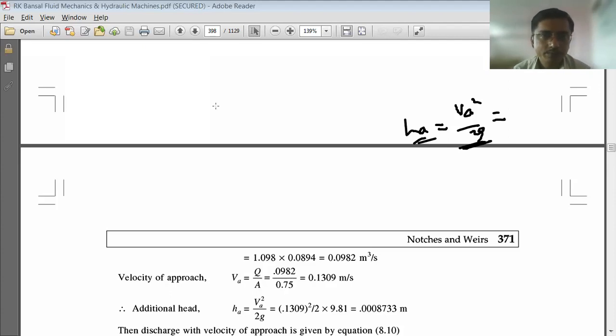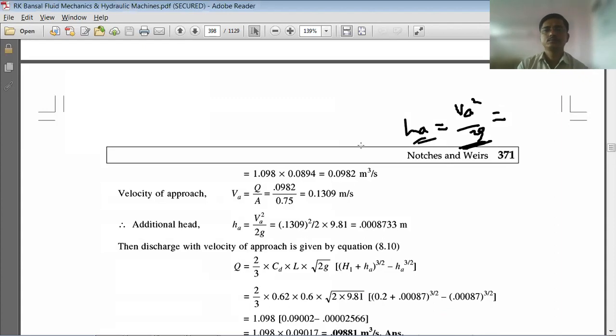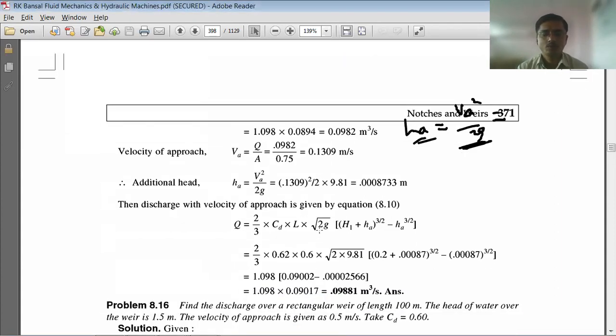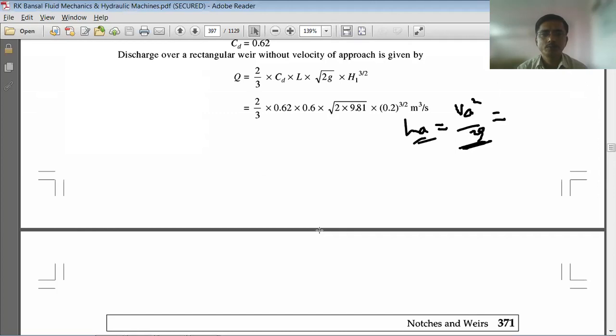Yes, by considering velocity of approach, what is the discharge? Okay, Rutuja has got the discharge as 0.0988 meter cube per second. Correct. See, without considering velocity of approach, the discharge is